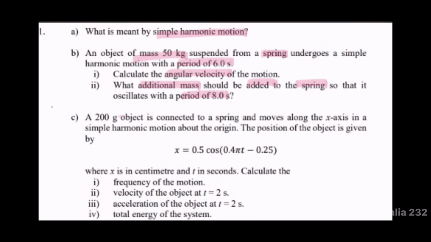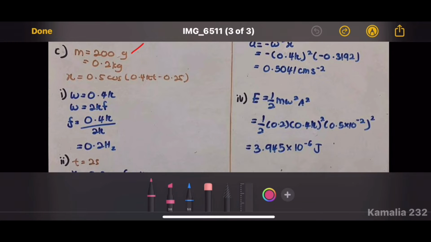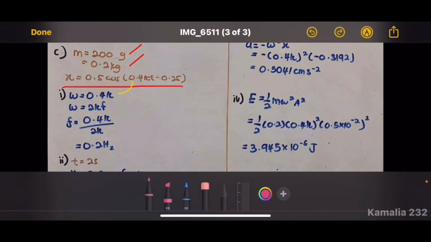A 200 gram object is connected to a spring and moves along the x-axis in a simple harmonic motion, where x is in centimeter and t is in seconds. Calculate the frequency of the motion, velocity of the object at t equal to 2 seconds, acceleration of the object at t equal to 2 seconds, and total energy of the system. Given the mass is 200 gram, we change to kilogram first, and this is the equation. Based on the equation given, omega is 0.4 pi, and we use omega equal to 2 pi f, and we just need to substitute the value into the equation,